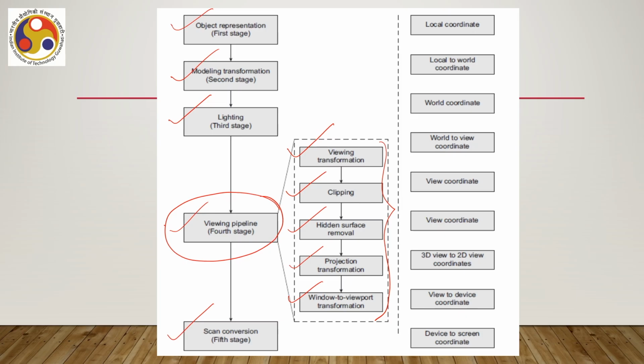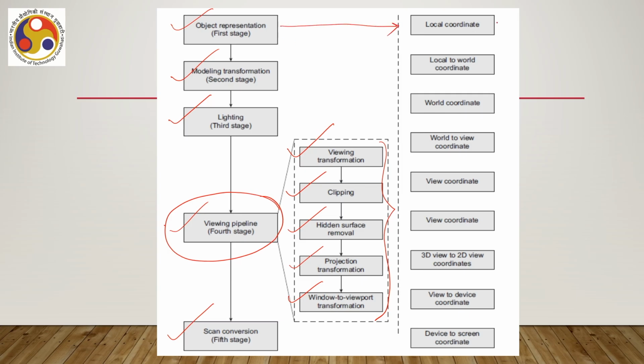what they do basically is transform a scene in the world coordinate system to a scene in the device coordinate system. Now, the coordinate system on which these processes work or the transformation that takes place is also shown on the right hand side. So, object